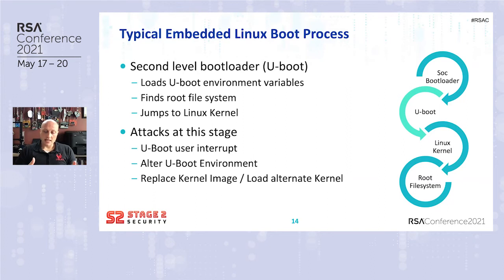U-Boot also has its own environment variables that it uses to know where to find the Linux kernel, how to mount the eMMC or the ext file system to find the Linux kernel, and what parameters to pass to the Linux kernel at boot. By default, U-Boot has a 3-second window where you can interrupt it and drop to a U-Boot console where you can change some of those settings. U-Boot also has options for reading the ext4 file system. It has options for downloading a kernel from a TFTP location. So it's very versatile, quite a little tool.